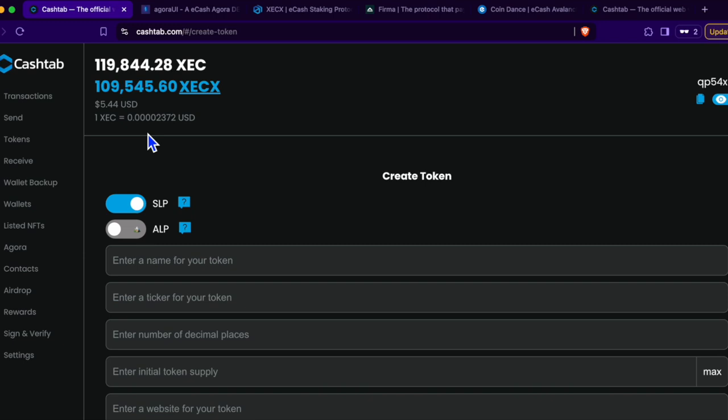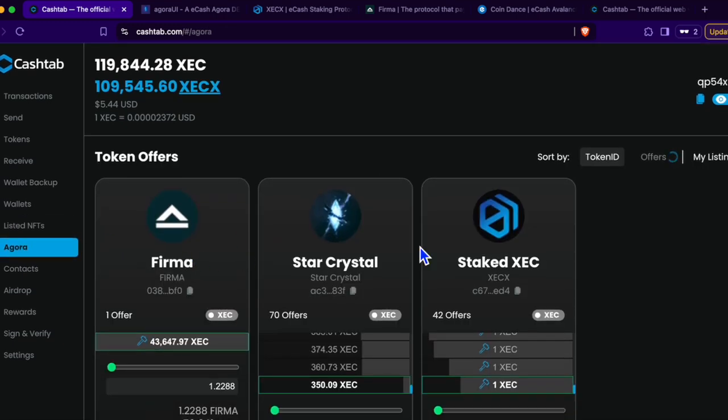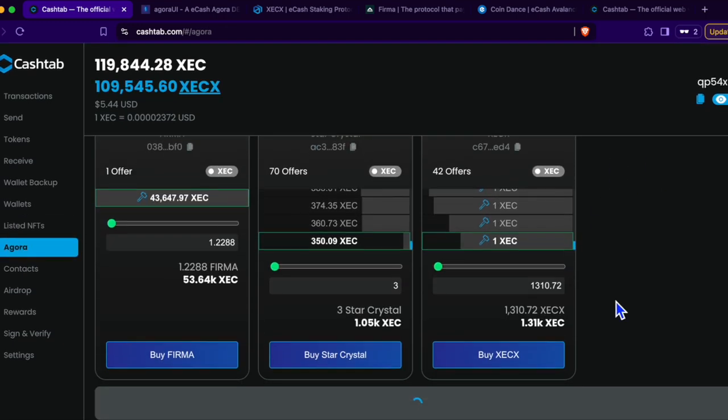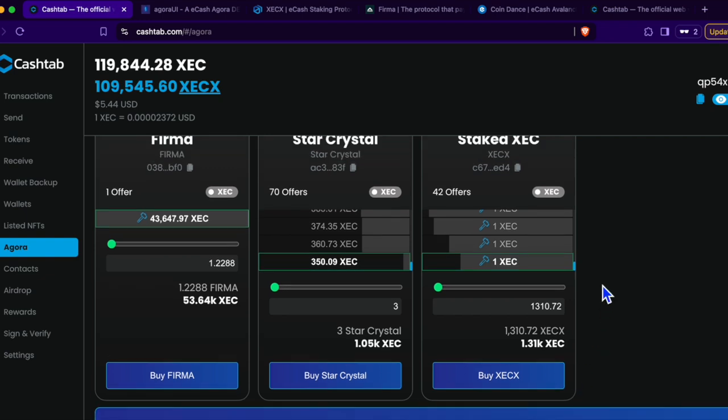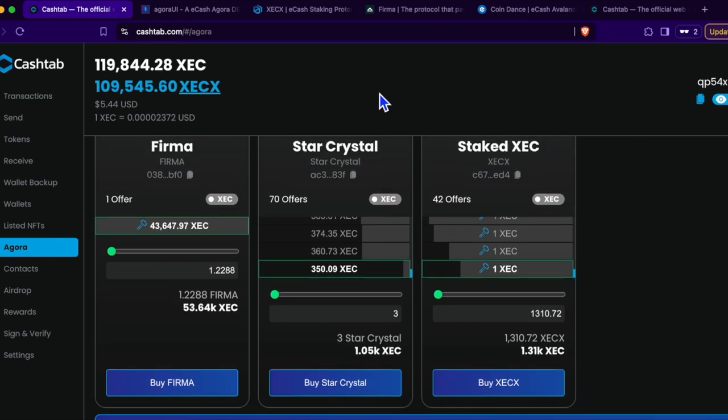All you need to do is mint a token, list it on Cashtab, and then share a link to that token page on Agora so anyone who might be interested can go directly to your page. So actually that's one last thing I wanted to go over. Right now on Agora, you only see these 3 tokens. And if you don't want to have to wait for all these offers to load, what you can do is